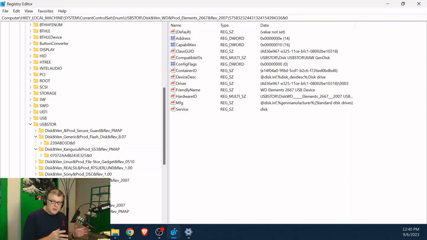So the registry editor, its primary purpose is really to manipulate the configuration files in Windows. But like I said, it's a very dangerous program and you run the risk of breaking things. But it can be used, and it is often used in investigations because it is keeping track. It's not a log file, but it's keeping track of the configurations and the things you've changed, right? So we saw what networks this computer has been on. I could always say, well, somebody else is using the computer. And now we've taken another step where we've seen what USB devices have been connected to this particular computer.